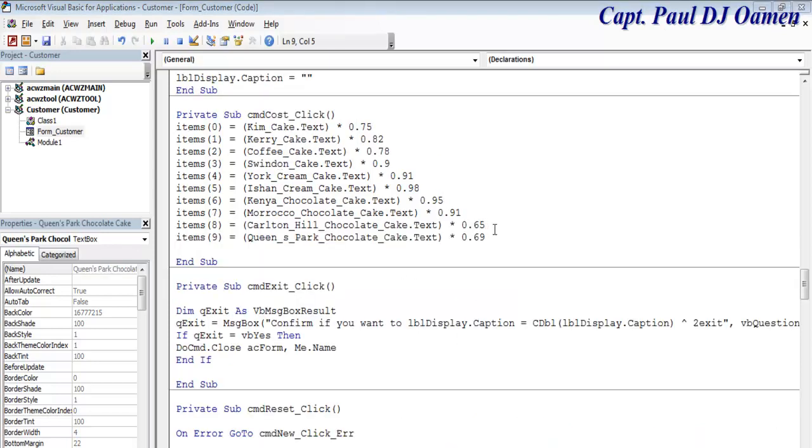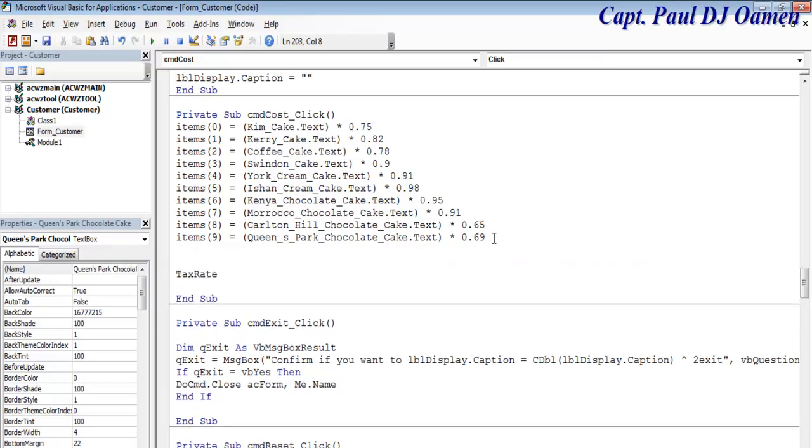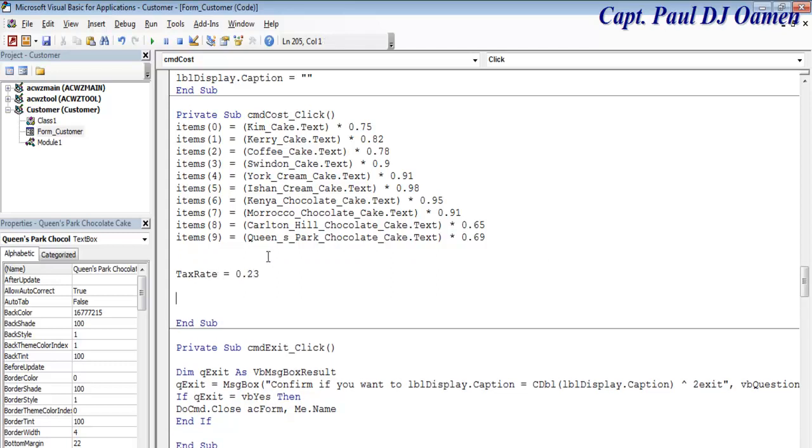Okay, that is how the old entrance look like now. Then the tax, let me say the tax is going to be, let's say 0.23. That's for the tax. Now let's add up all of these. So number 10 is going to be adding all of these together. Equals this plus that plus